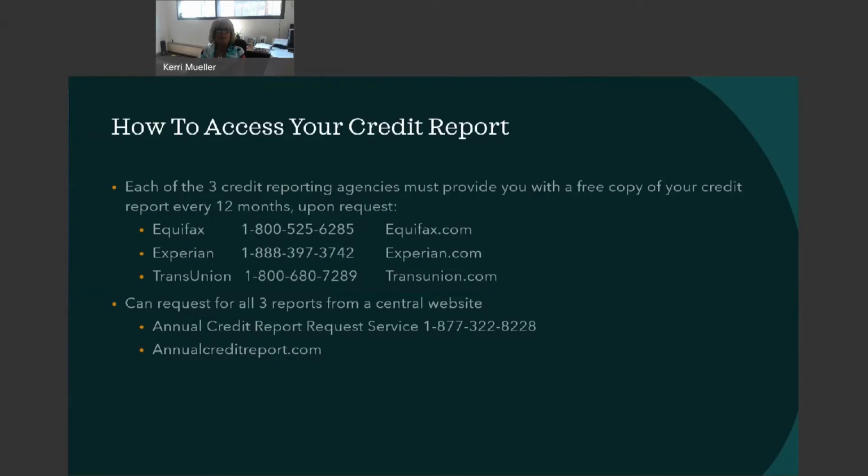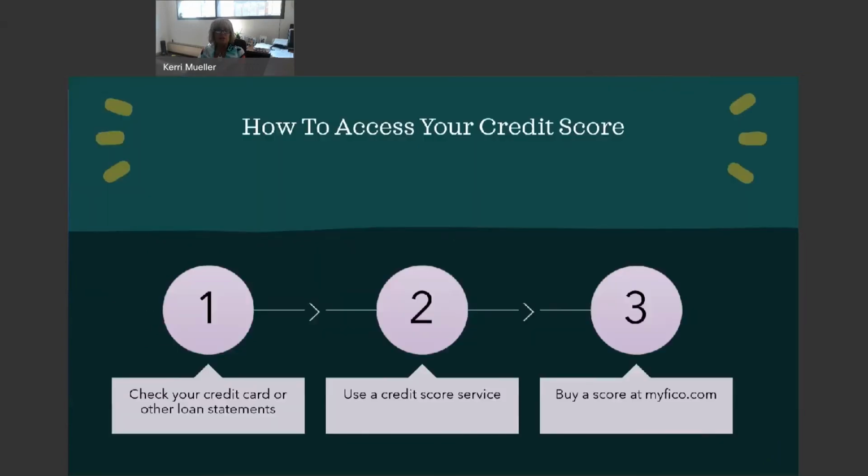Now, there's another way to check your credit score. And the next way that you can do that is by simply looking at some credit card statements or some other loan statements that you get in the mail. It's as easy as that. Many major credit card companies today, and even some auto loan companies, have begun to provide credit scores for all their customers on a monthly basis. And the score is usually listed on the monthly statement,